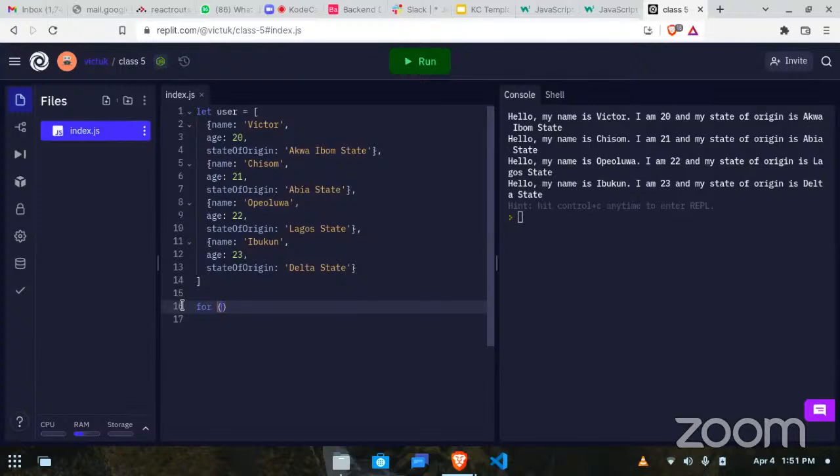For user of users. This should be users actually, because this is plural, this is a list. For user of users, then we should console.log. So if we do console.log users, and then